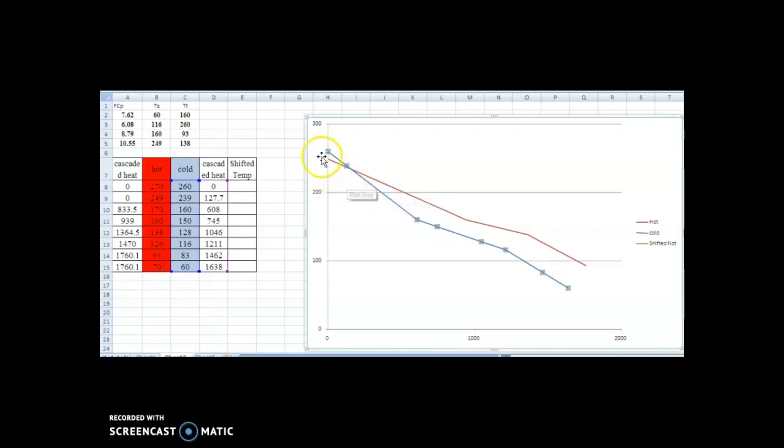Now both the curves are crossing each other. So what is the problem behind that, if they are crossing each other? At this point, after that there is no heat flow between them, hot side and cold side, meaning the temperature difference between them is minimum.